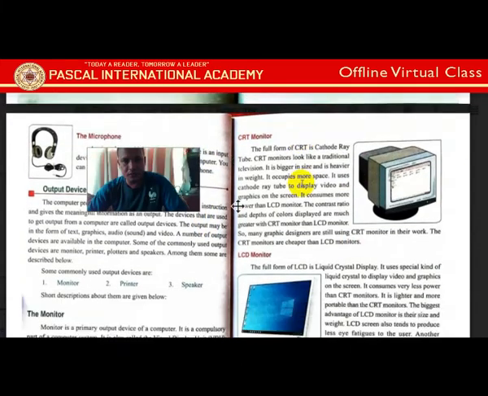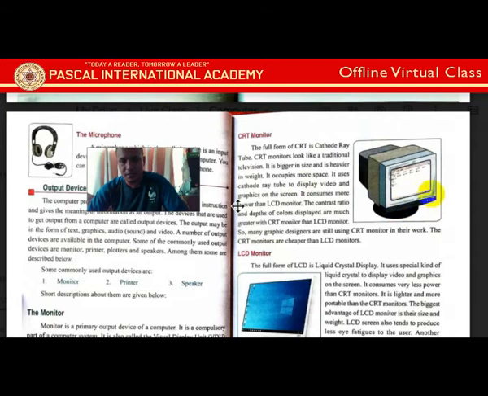Okay, let's go for the first one, CRT monitor. See in the picture, you can see this CRT monitor is the old one which uses what? Cathode ray tube. Okay, like our old TV. This CRT monitor was used in the late 90s, but it has one drawback, that is what? Disadvantage, that is, it consumes lots of power. Okay, and it occupies more space also.